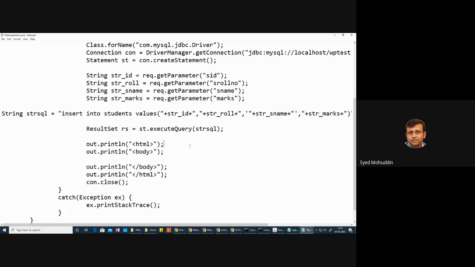But for insert, update, or delete, you will be using execute update. Execute update and pass the query. This execute update will not return us a set, a complete result. It will only return us a number, the number of how many rows have been manipulated. So let us use int k equal to,